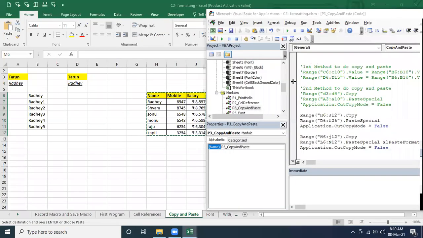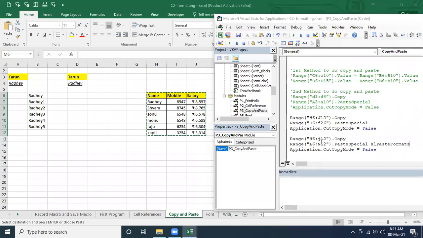Let's demonstrate how it's going to work. Correct? So now we are going to copy this range, and I'm going to do it here itself. Just see here. I copied this area, whatever is there, and I'm going to paste it to D6 to F26. Now, not F26, it should be 12. Correct? Because we understood about this range, so there is no need to worry about it.